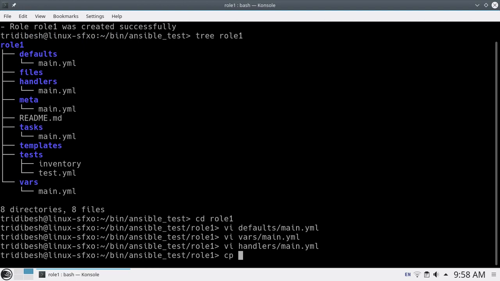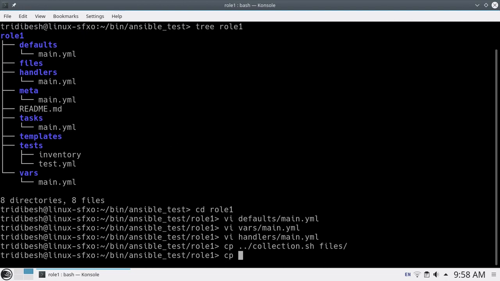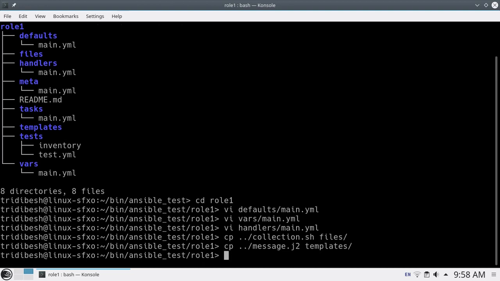Now I have one small script that I will put under files, and one Jinja2 template that I'll put under templates. Keep in mind, don't mix up these locations. All your scripts, static files and configuration files you have to put under the files directory, and all your Jinja2 templates you have to keep under templates.